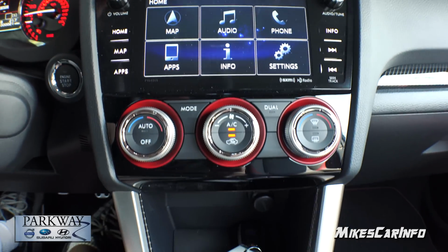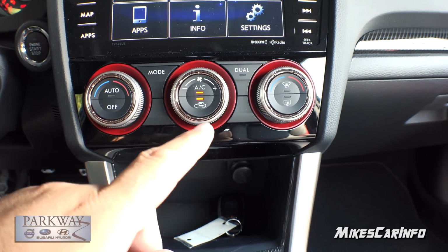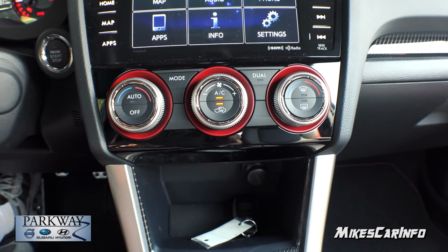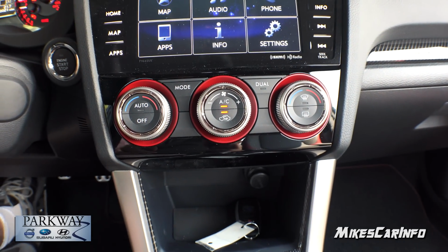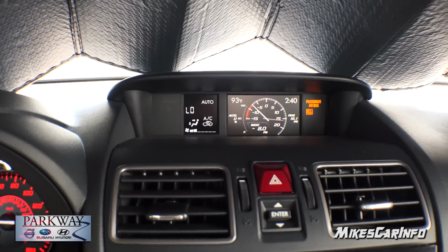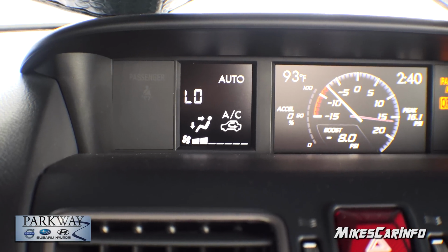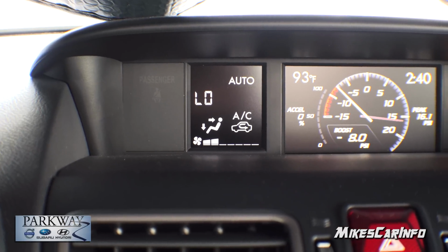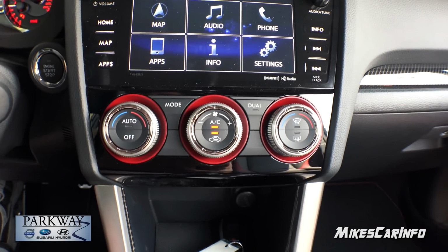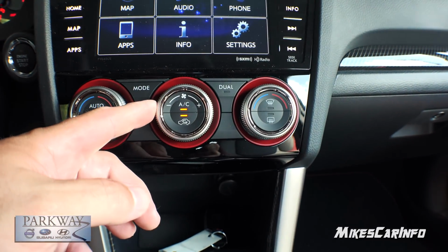Alright. Okay, so down here is your climate control. It's a dual zone climate control. You can turn the dual feature on and off. You have the mode, which will tell you where you want the air to blow, and it'll tell you up at this little screen we saw before. So right now you can see it's recirculating air conditioning. The fan's on 2, and it's on low, and then you can see where the air is blowing. Your temperatures are controlled here, and then your fan speed is controlled here,